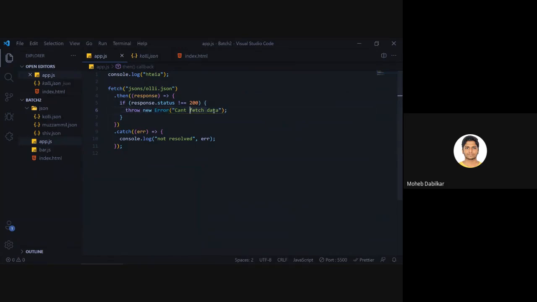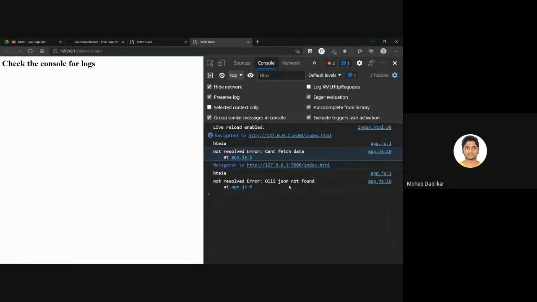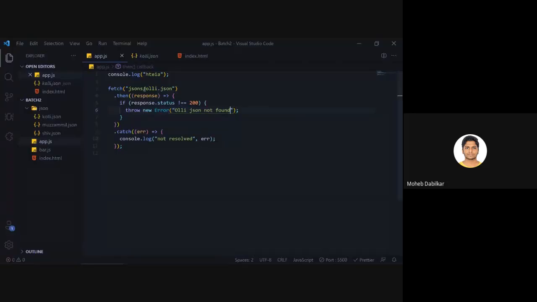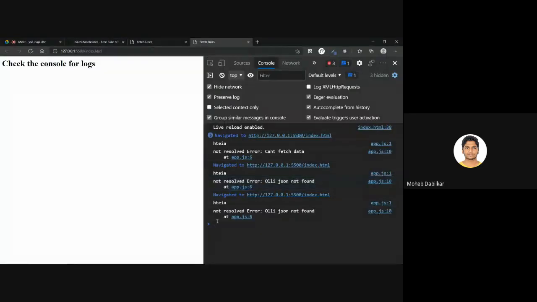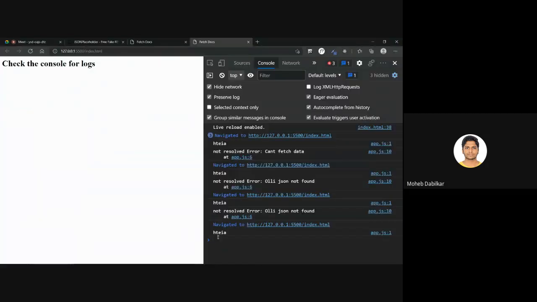If we change this, we will just say only JSON not found. And once you go over there, not resolved, it's an error. And if I just add a k over here, so our s was also there extra.